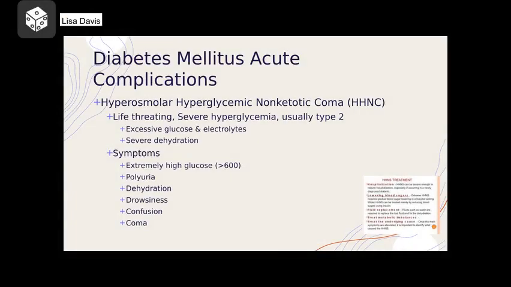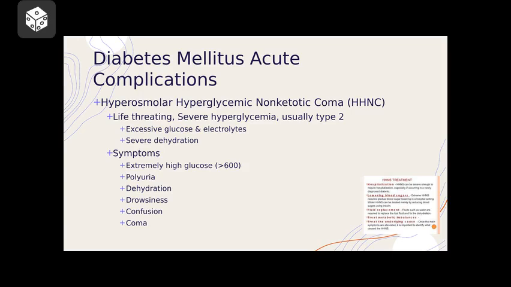Our next complication for diabetics is HHNC, or hyperosmolar hyperglycemic non-ketotic coma. That's a mouthful, right? So with HHNC, sometimes you'll see the C for coma swapped out with S for syndrome. It's still going to be the same thing, HHNC or HHNS. They said not everyone gets a coma. It's pretty rare, so it really should be a syndrome. There's lots of debate in the literature, whatever. The main thing is